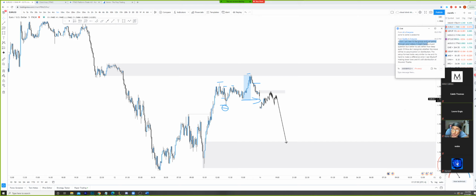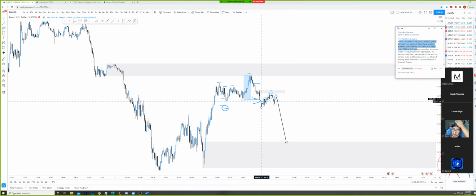True. Anton, I'm new to the group and just going through your videos. I might have a stupid question, but better to ask rather than to keep quiet. Sure. How do I recognize whether the move will be reaccumulation or distribution? You can only know if a move is going to be an accumulation or distribution because of the bias you have preset. We are not expecting this to be a reaccumulation right now. We are expecting it to be a distribution because of the structural points that we have highlighted and the areas that we've determined. Our bias determines what Wyckoff is going to form. The Wyckoff does not determine where we're going.